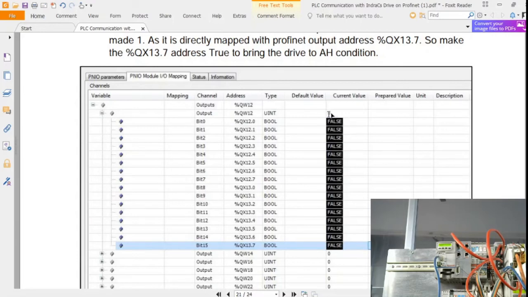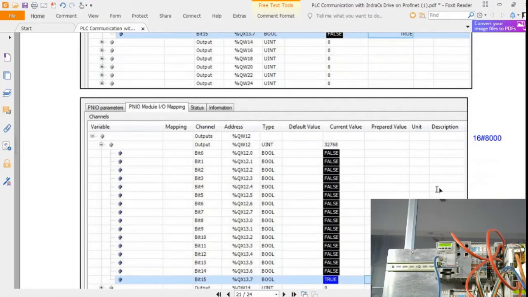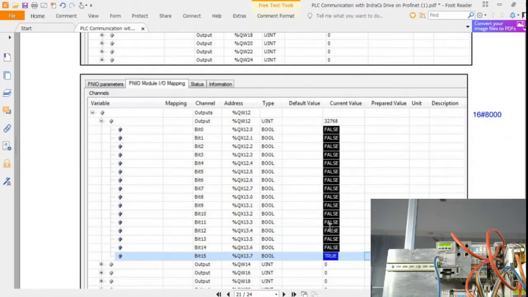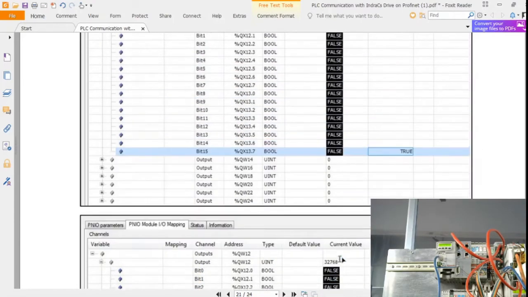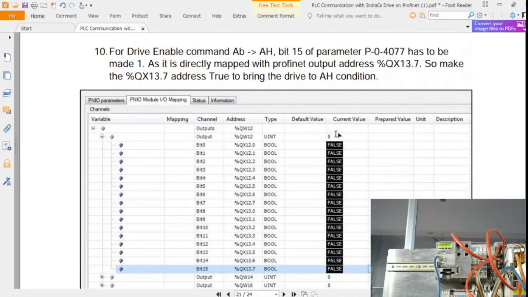Whatever value comes, you need to give as the preferred value here. So for example, if you make this 1 and everything else 0, you'll get 32768, which in hexadecimal, for simplicity, we can give as 8000. So this is just for putting the drive from AB to halt mode.